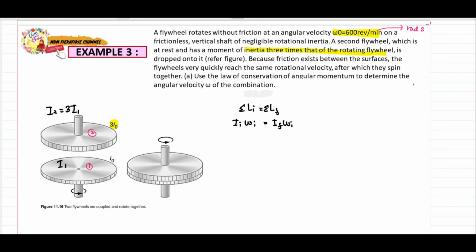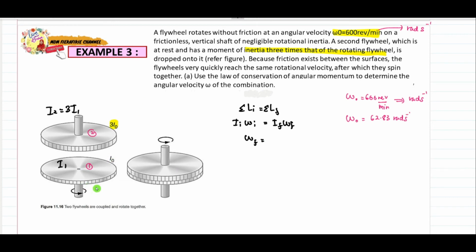But before that, don't forget to change omega naught, 600 revolutions per minute, to radian per second. Try to convert it. You will get omega naught is equal to 62.83 radian per second. Now we want to calculate omega final. So omega final is equal to I initial